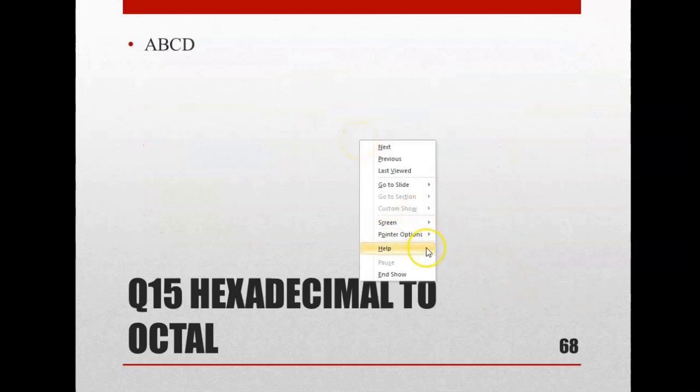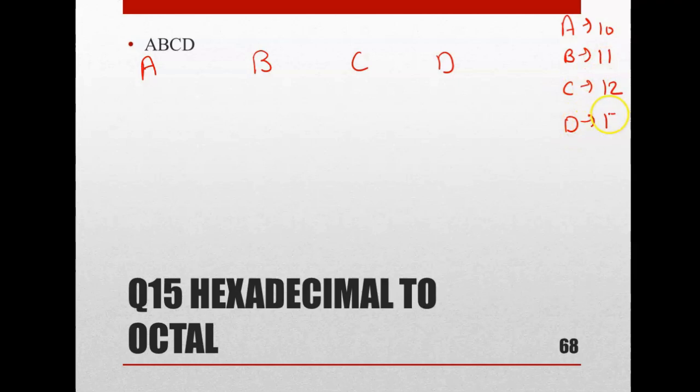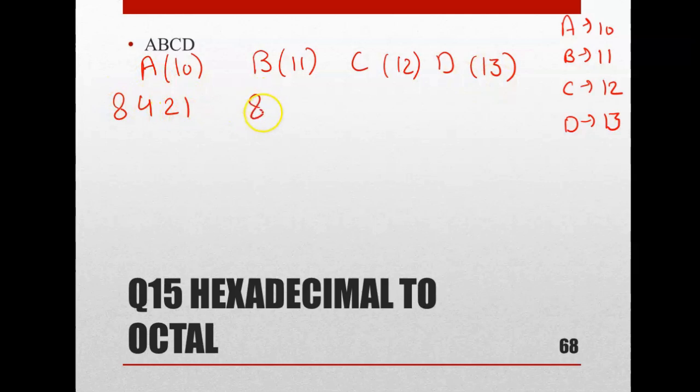Well, I hope you are clear with this. If you are still not clear, I have taken one more question from this. So this is the third part. I took all the parts actually for this, A, B, C, D. And again, A is 10, B is 11, C is 12, and D is 13, right? Now A is 10, so please write it down in bracket 10, 11, 12, and 13, okay? Principle is the same only, 8, 4, 2, 1 for each. Then you have to make the addition as 10.